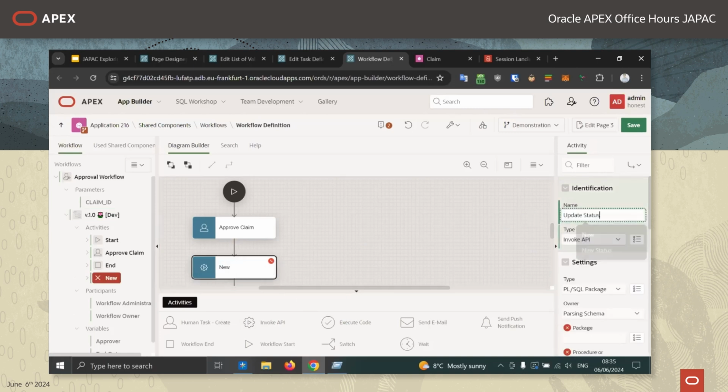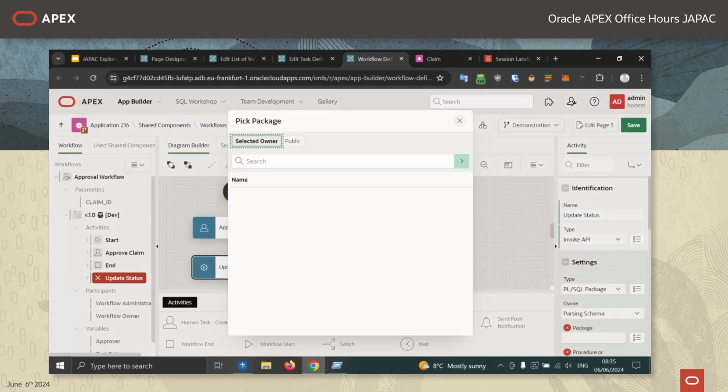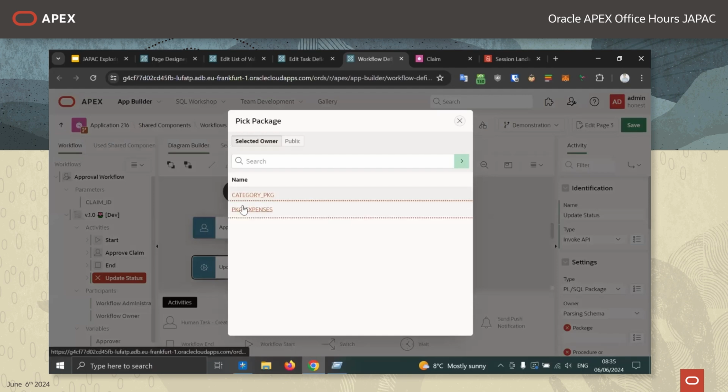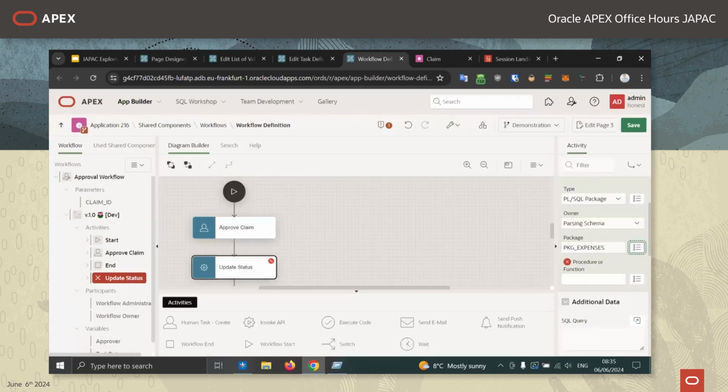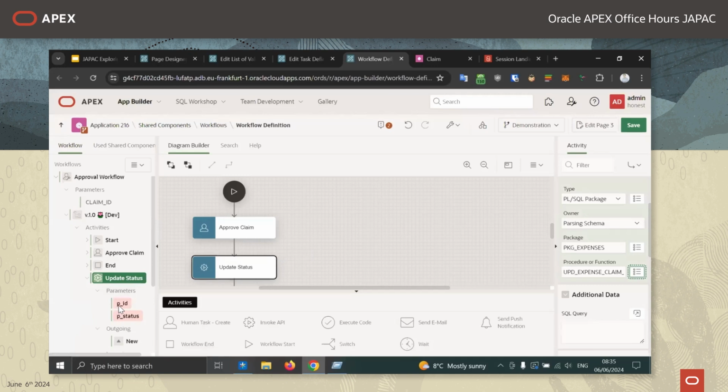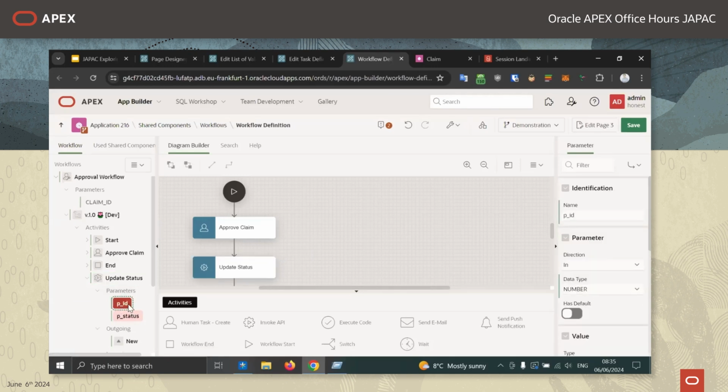Click on that. I was clicking on the arrow by mistake. So the package, now you can update. For invoke API, you can use a package or you can use a REST source. I've actually got a procedure here called update claim status, and that accepts two parameters. Basically, which ID you want to update, and what status you want to change